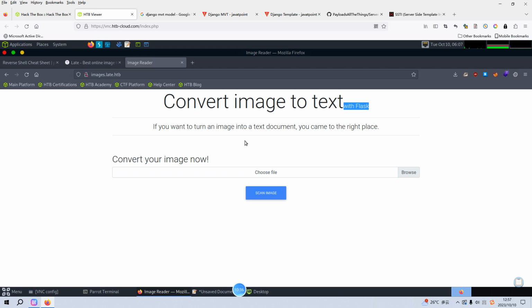Although such a website can help us generate the image in PNG format, and we can download the image locally, I think this scan image function has a problem recognizing the text. So I'd rather use Python code to generate the